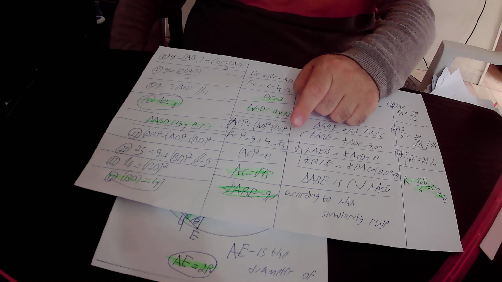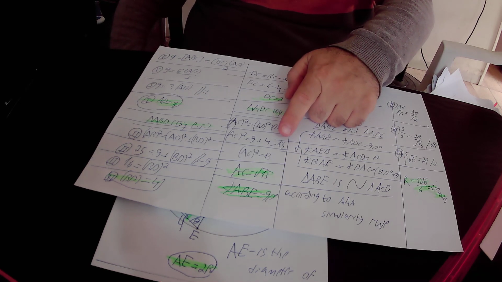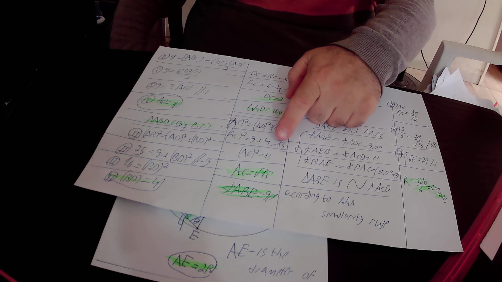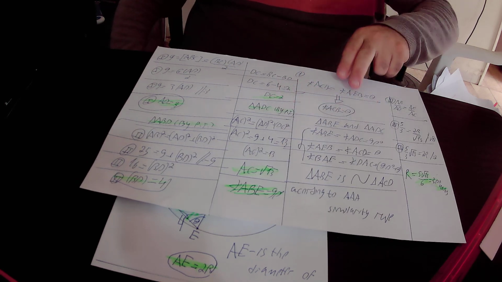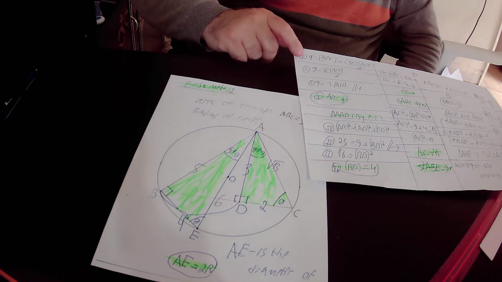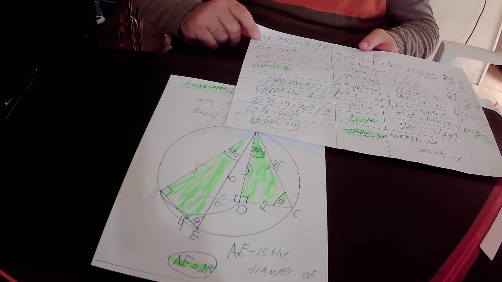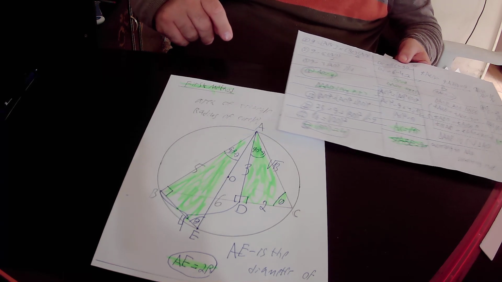We took out all of this equation and found AC square equals 13, so we found out that AC equals the square root of 13 units. If AC equals the square root of 13 units, then here